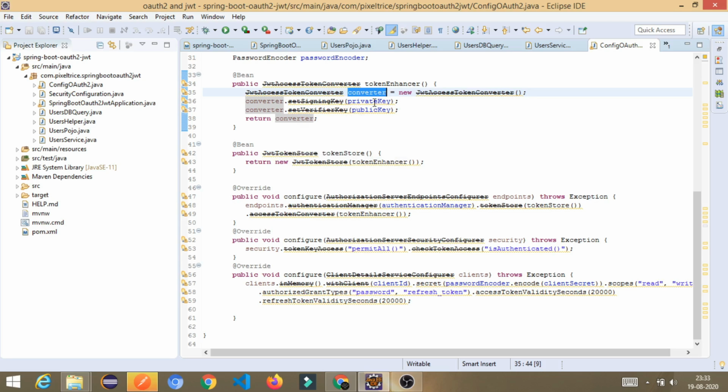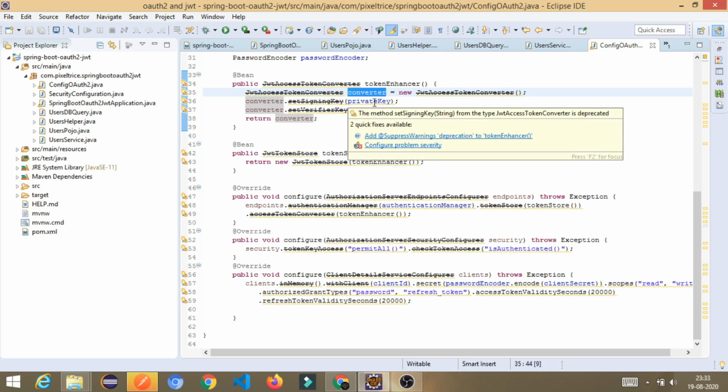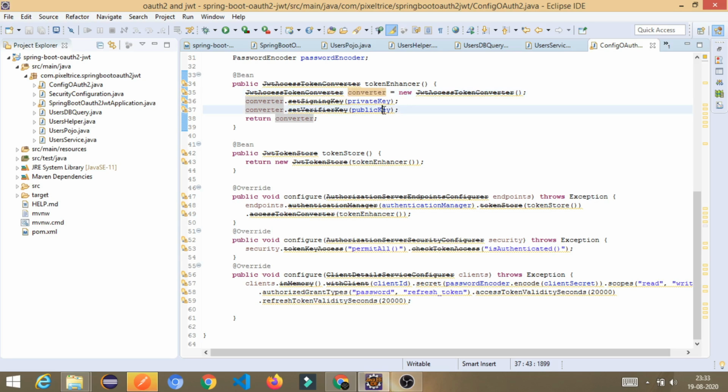Okay, so basically the private key should not be exposed to the resource server or to the client. We keep it only in this server, the authorization server. We do not share it with the client, but the public key we will use as a verifier key. So when this authorization server gives the JWT token to the client, that token contains three parts: header, payload, and the signature. The signature means this verifier key; it contains the verifier key.